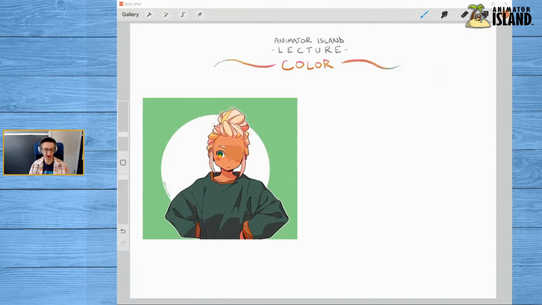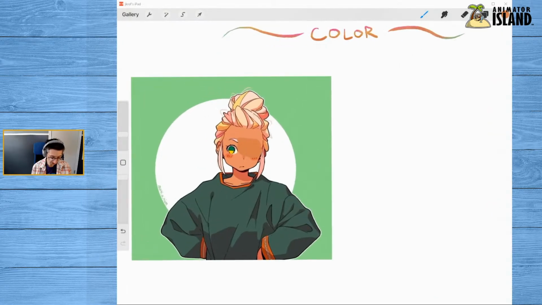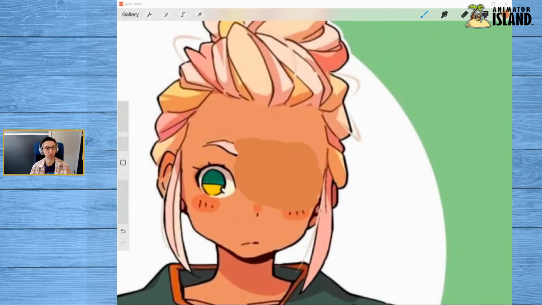So what we have here now is the color I picked compared to the color that actually was. And if we zoom in here, you can see that there is a pretty substantial difference. Now, I feel like for me, I got pretty close. I got closer than sometimes I get, or at least I used to get in the past.